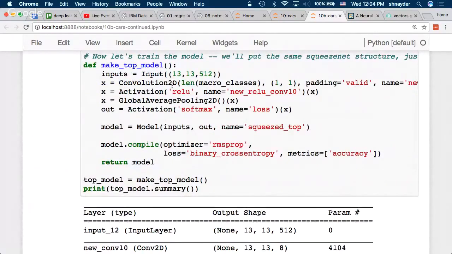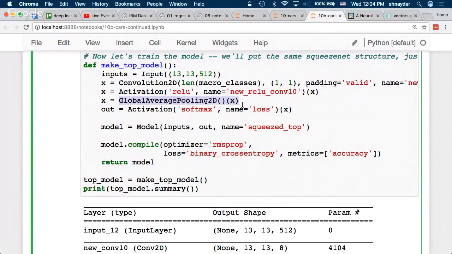Make the new model. So I'm just adding a convolution. And this thing, I guess, is new global average pooling. Yesterday when we were talking about convolutions, we said there were two ways you can take that into a classifier. This is the way that you make one feature map for each of your classes, and then just average across space. Or you could also max across space, and use that as a classifier rather than having a dense layer. And that's actually what SqueezeNet did before as well.